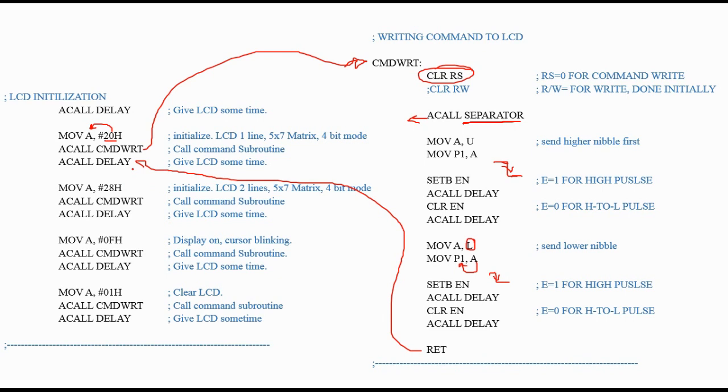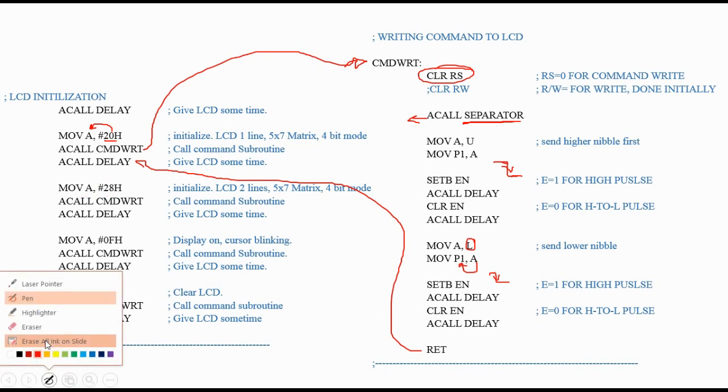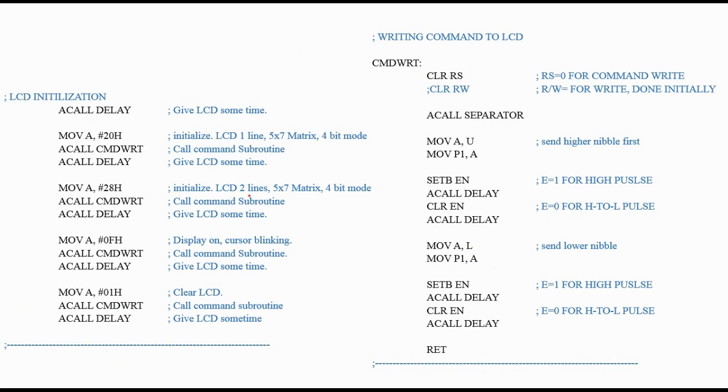So delay will be called. Okay, and after this we will send the next command. The next command is again to initialize the LCD in 2 lines, 5x7 matrix, in 4-bit mode. In the same way we will send 28H into A, the pointer will jump to this, then clear RS, which means a command is to be sent, and call separator, so the pointer will jump to this